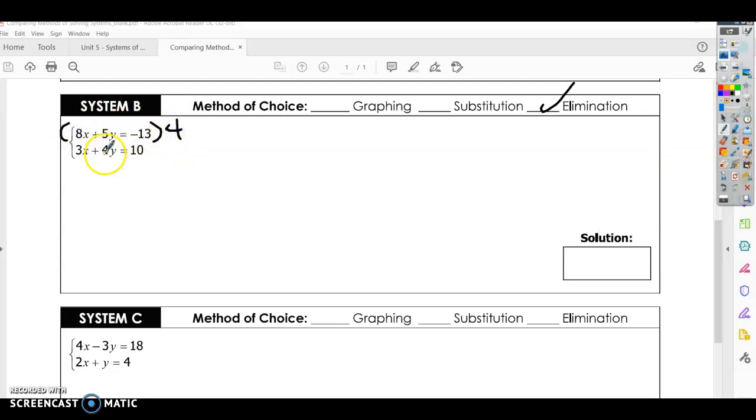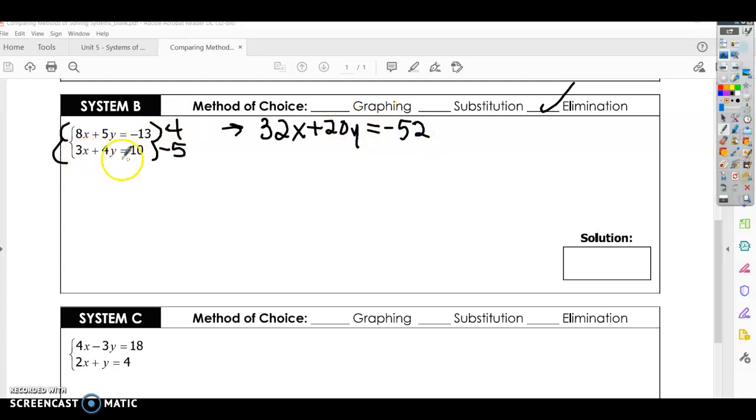And I need to make this negative 20 because 20 and negative 20 will cancel or eliminate. So I'm going to multiply this one by negative 5. All right, so when I do that, I have to multiply the entire equation by that. Okay, so I'm going to have 32x plus 20y equals negative